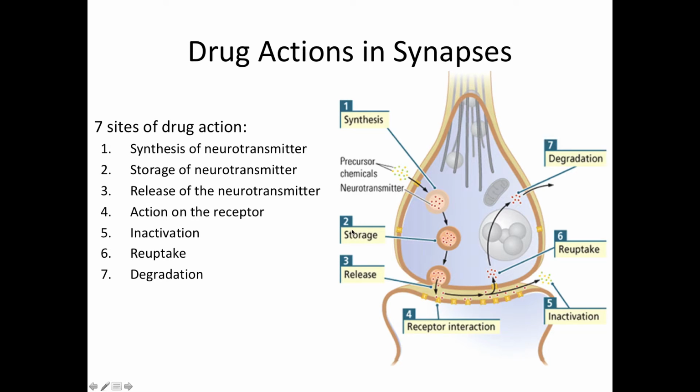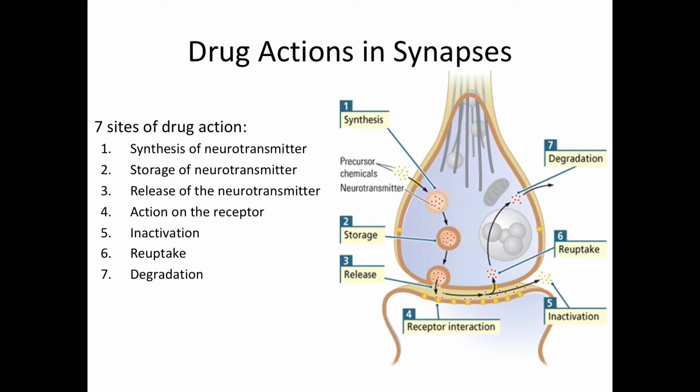And then the neurotransmitters may then be stored in storage granules or vesicles until they are released from the terminal's presynaptic membrane. And then when released, they can act on a receptor which is embedded in the postsynaptic membrane. And then neurotransmitters are either deactivated or taken back into the presynaptic cell. And the cell also has its ways of degrading a neurotransmitter and removing unneeded byproducts.